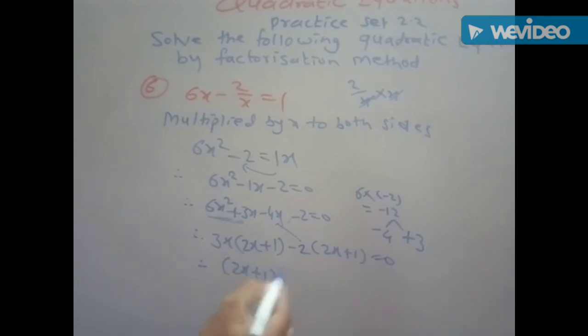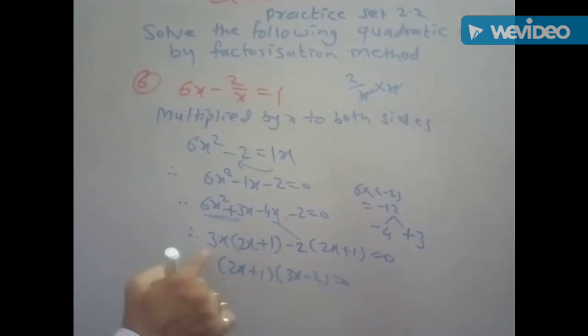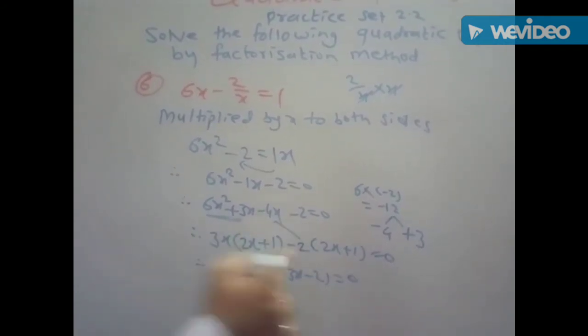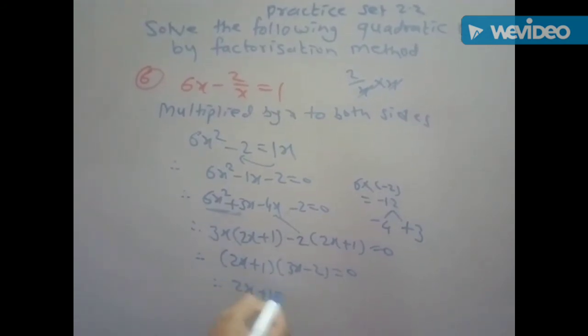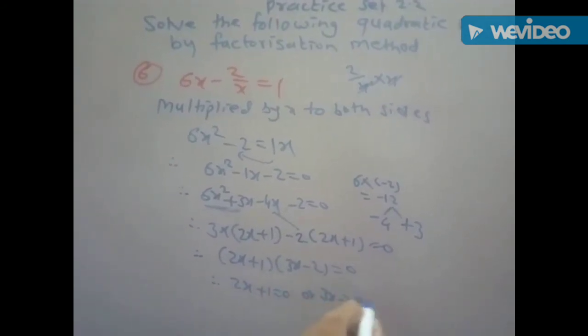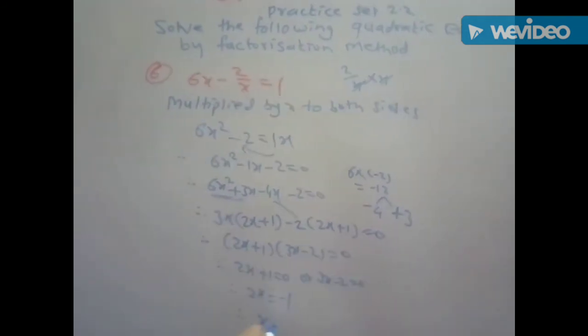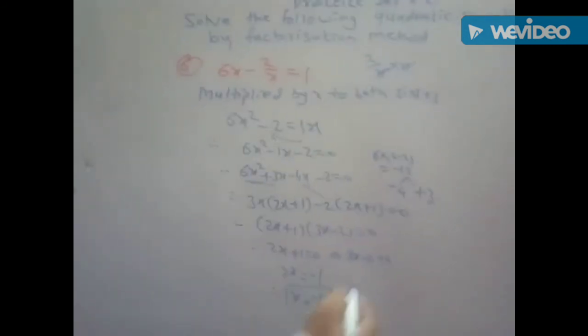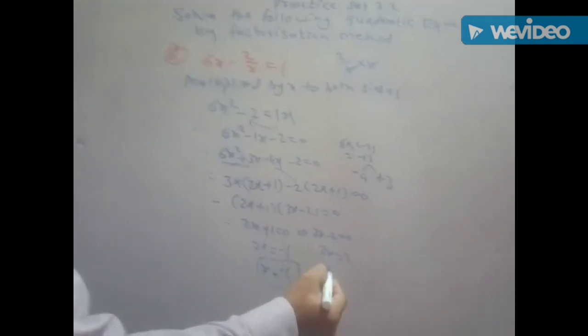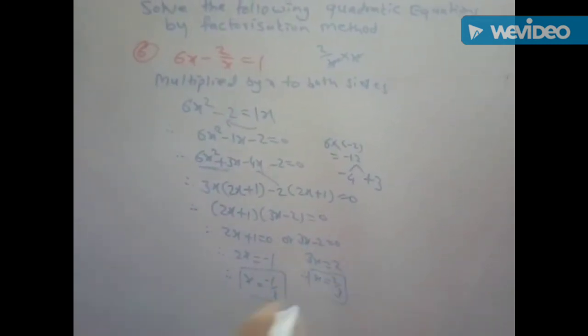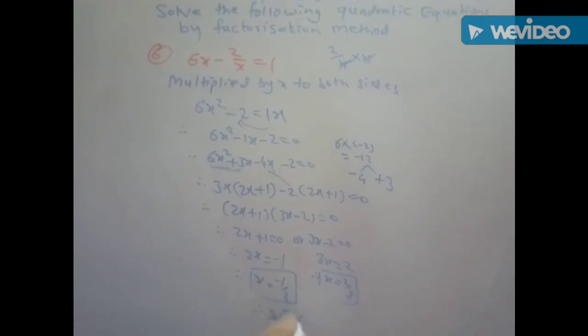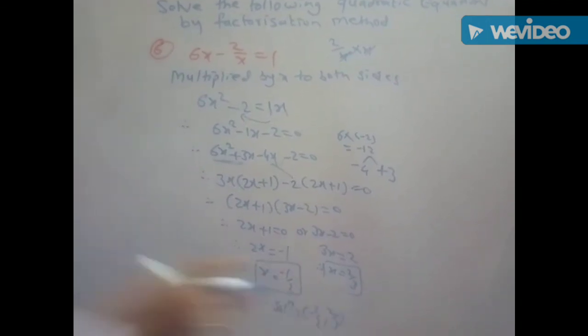Again I write this same bracket after some distance, and in between these two brackets I write the remaining term of the third term after taking the common. From this 4x, 2x gets common, the remaining is 4 divided by 2, that is 2, the sign is minus, is equal to 0. Now the same bracket 2x plus 1 as it is, and in the second bracket I write the remaining terms of both, 3x minus